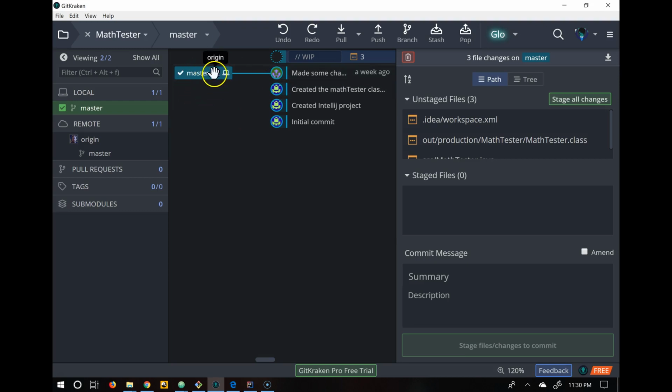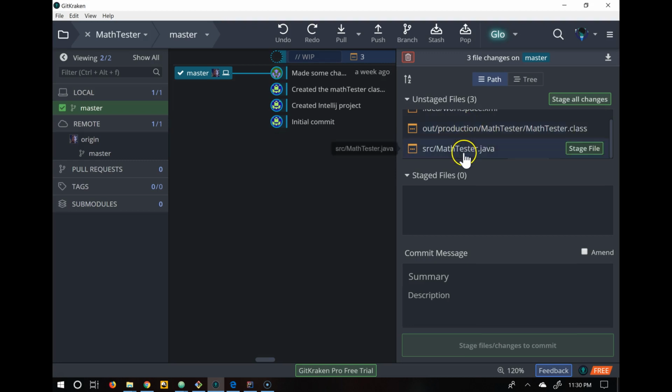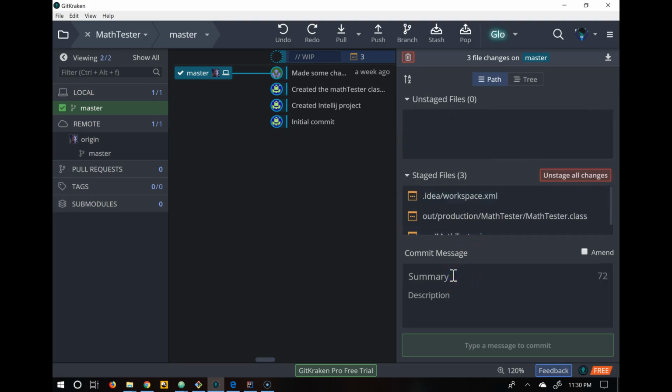And it's going to show that my remote and my local is on this same commit right here, but I have stuff in my work in progress that is newer. I have some IntelliJ pieces, and I have this math tester Java file that I just worked on. So I could stage all those changes and say